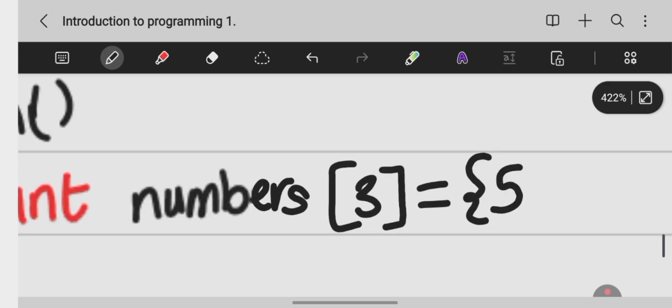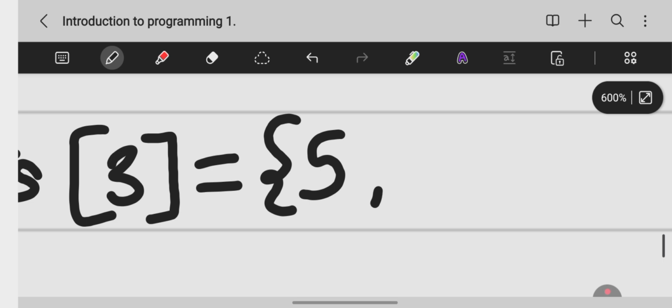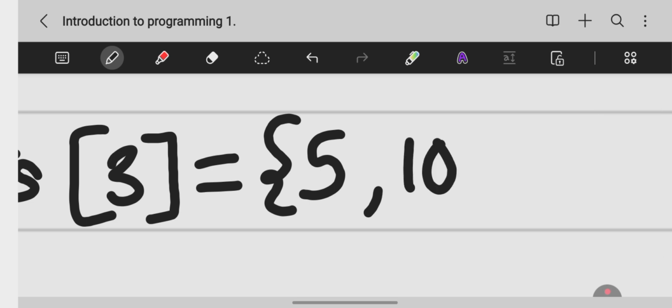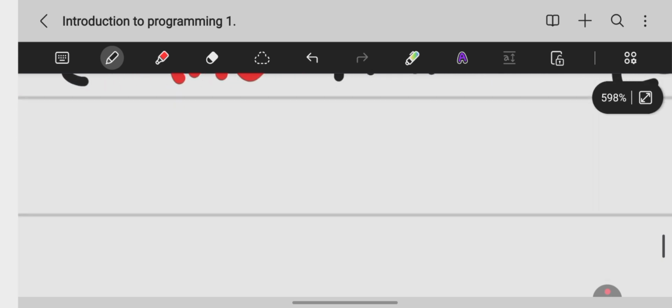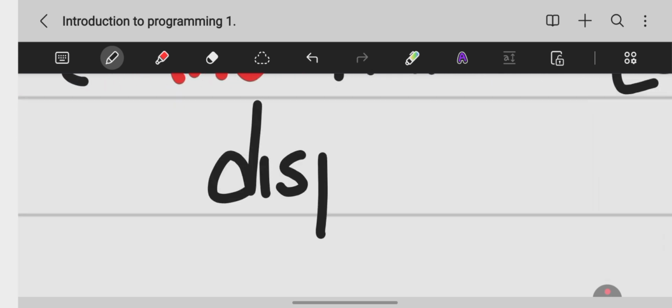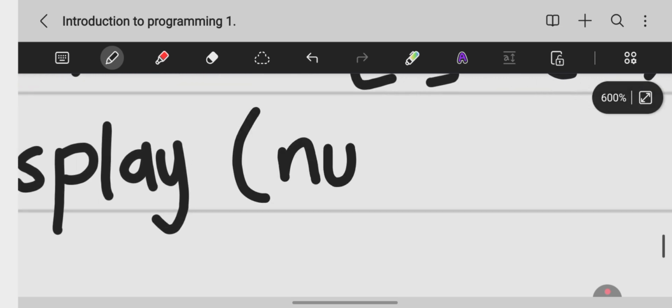Let's say we have int numbers. So we have numbers and we have three numbers, right? But if you think of indexing, you would have 0, 1, 2. So just be careful with indexing, or actually writing the actual numbers that you have. So positioning is different to writing the actual number of things you have inside the array. And then if I were to call the function or the display and then numbers,